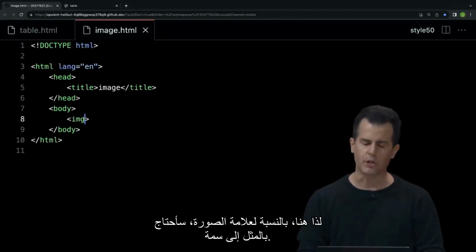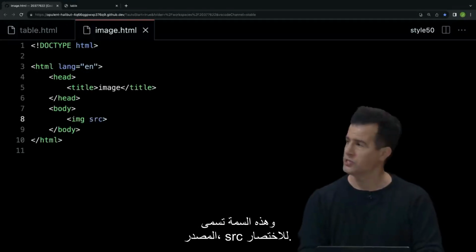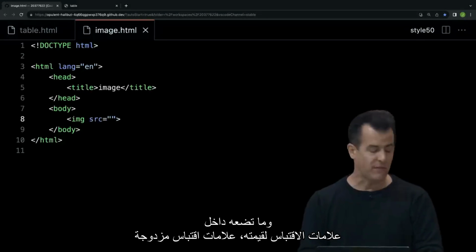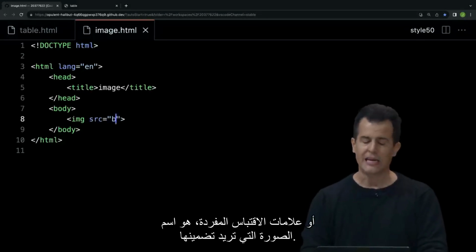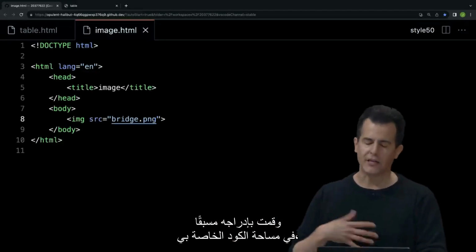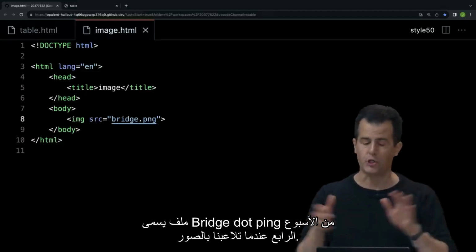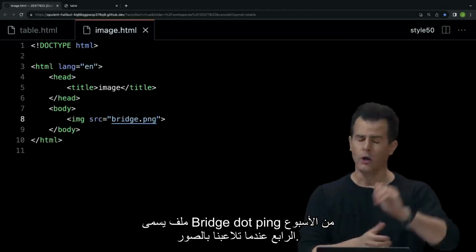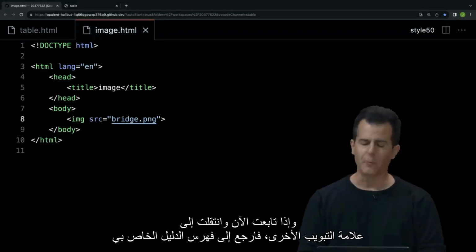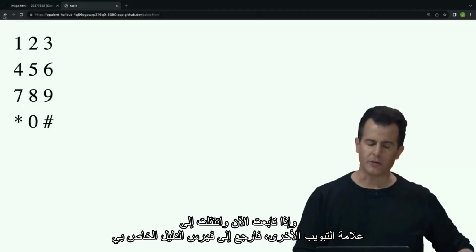So here, for the image tag, I'm similarly going to need an attribute. And that attribute is called source, src for short. And what you put inside of its quotes for its value, double quotes or single quotes, is the name of the image that you want to include. And I included in advance in my code space a file called bridge.png from week 4 when we played around with images. And if I go ahead now and go to my other tab, go back to my directory index